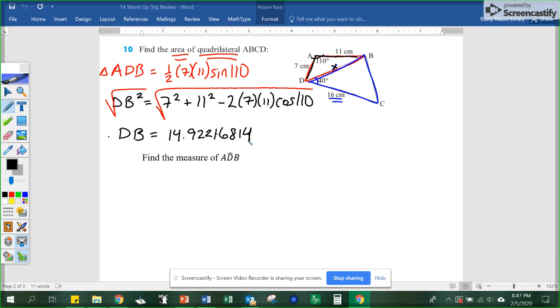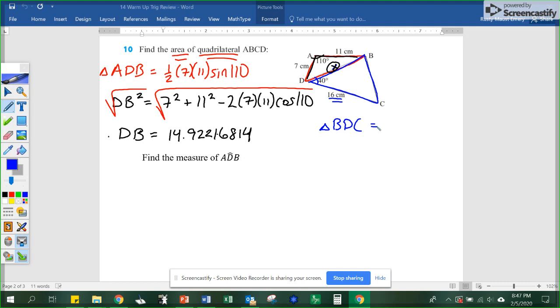So if you need to practice that, go practice typing in that calculation. Otherwise, there's the unrounded answer, and I left it unrounded because I'm going to need to use that value a couple times coming up. This is a good unit to practice getting the habit of writing down the unrounded value. So at this point, though, we have that other piece of information, right? So we now know the second side in the blue triangle, and like before,